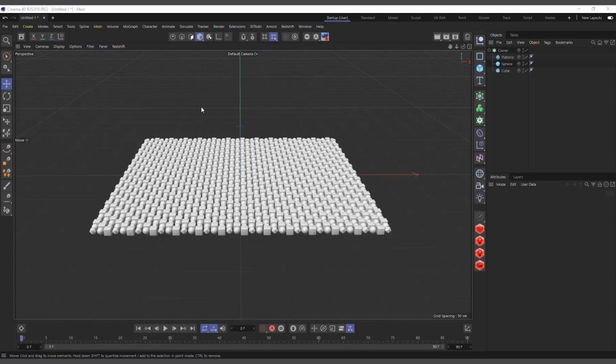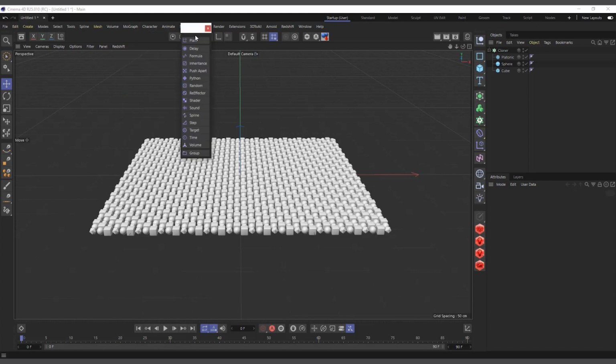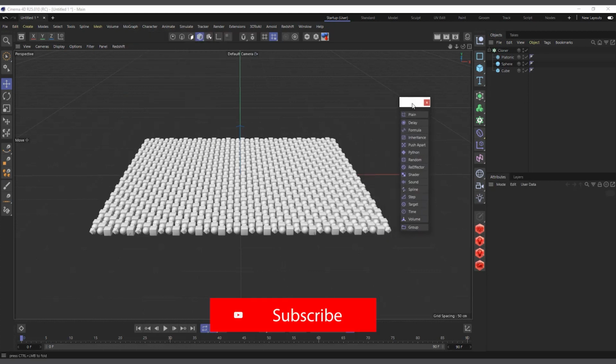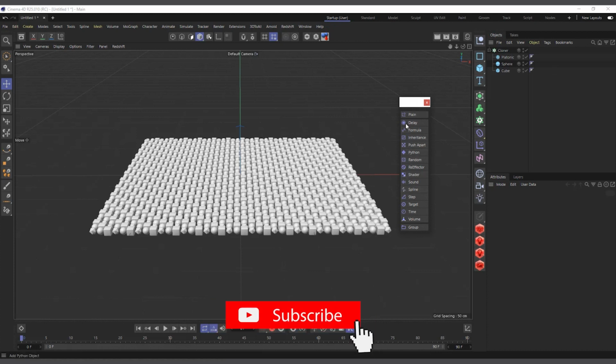Mograph menu. So I have a cloner object here which I've cloned some platonic sphere and cube in here, and I have a full tutorial on how to use the cloner object in here. So I'll come to my Mograph menu, and you can see we have the Effector tab here, so I can actually click on this one to tear the tab on its own. So I'll start. We have all these effectors in here which I'll go ahead and explain everything, but I'll start